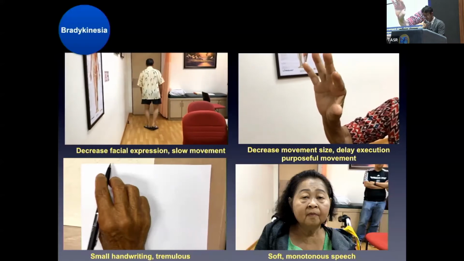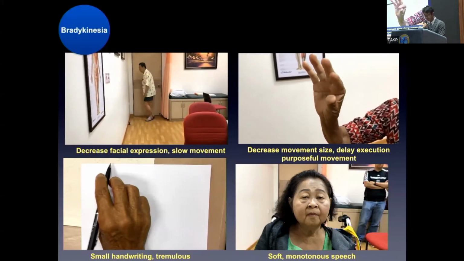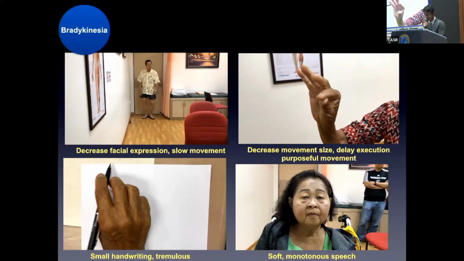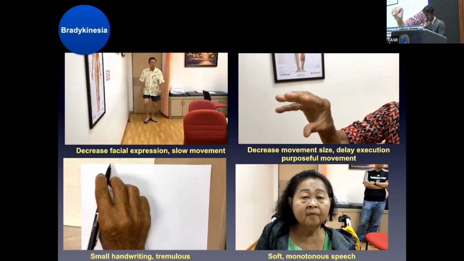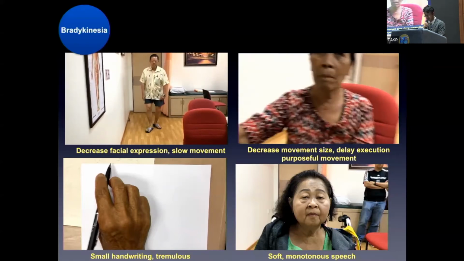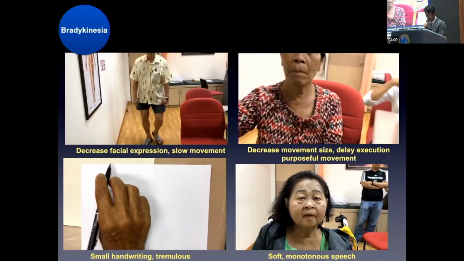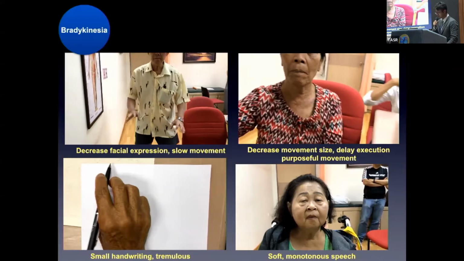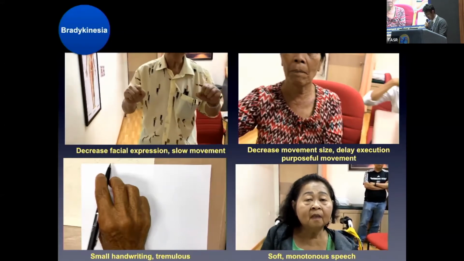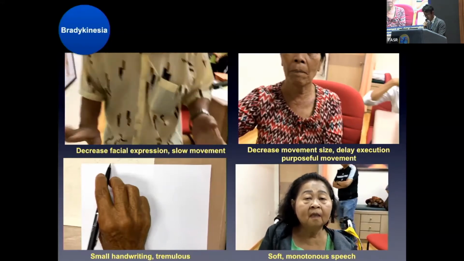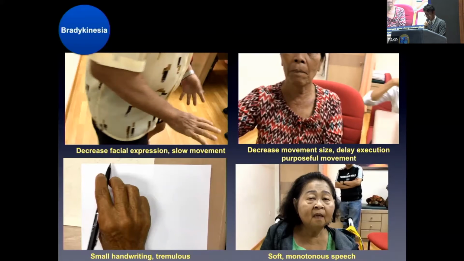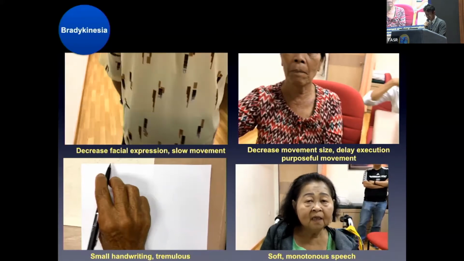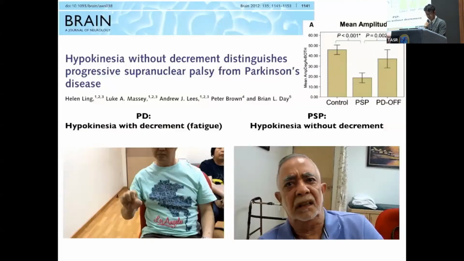This is the finger tapping. It should be done in all patients with Parkinsonism. And hand grip movements. And the soft monotonous speech. Perhaps very soft until you can't hear it now. Okay. There is an article from Brain that says there's one feature that may be useful sometimes, where